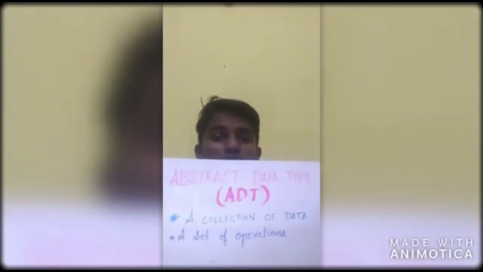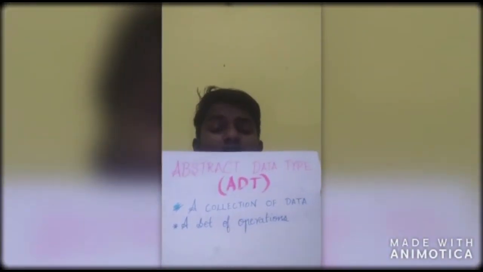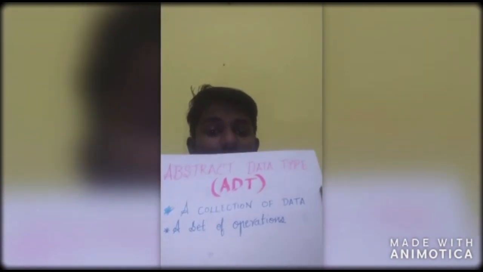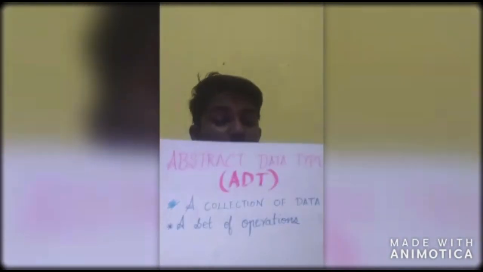Next we have abstract data type, which is called ADT. It is composed of a collection of data and a set of operations. There are two types of abstract data types: implementation and specification. The advantages of ADT: it is much easier to debug and several people can work